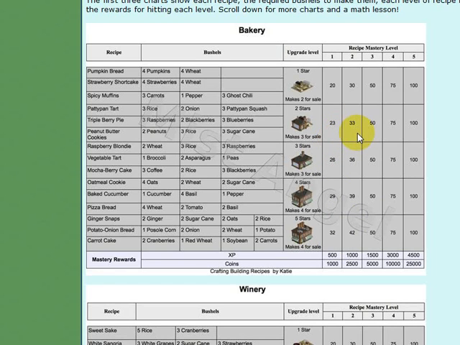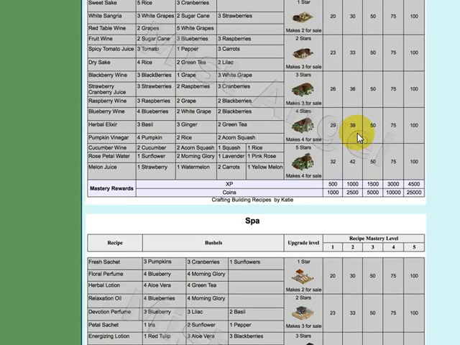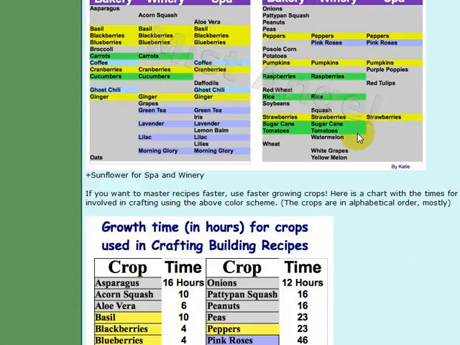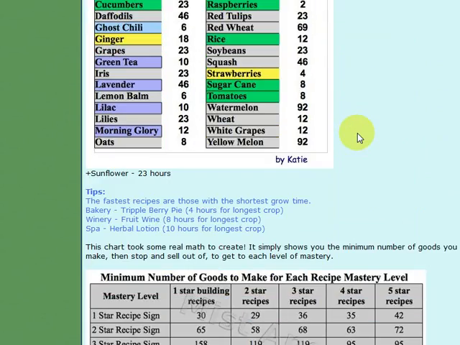The first mastery star on any recipe earns you 500 XP and 1000 coins and a mastery sign for the product with 1 star at the bottom. As you level up your recipes, the signs keep changing to display 2, 3, 4 and finally 5 stars. Your rewards increase with the stars you receive. You gain